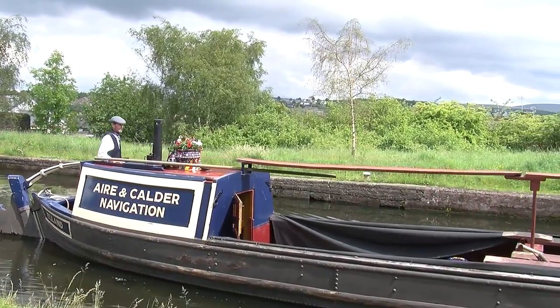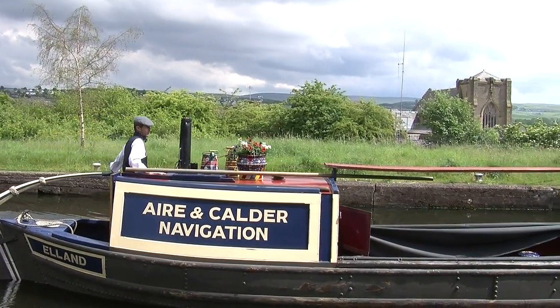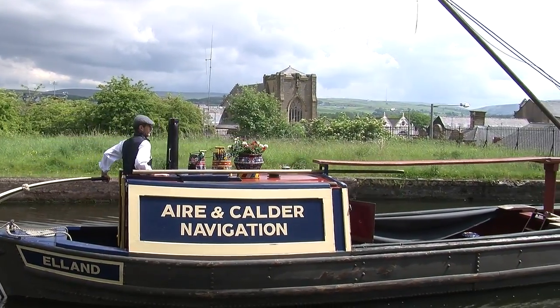The Horse Boating Society, very important, has that 'ing' on the end. It's not about horse boats tied up in museums. It's about actually getting out there and getting these boats horse-drawn. We founded the society in January 2001, so we've now been doing 12 years of journeys, and that's really what we're about,